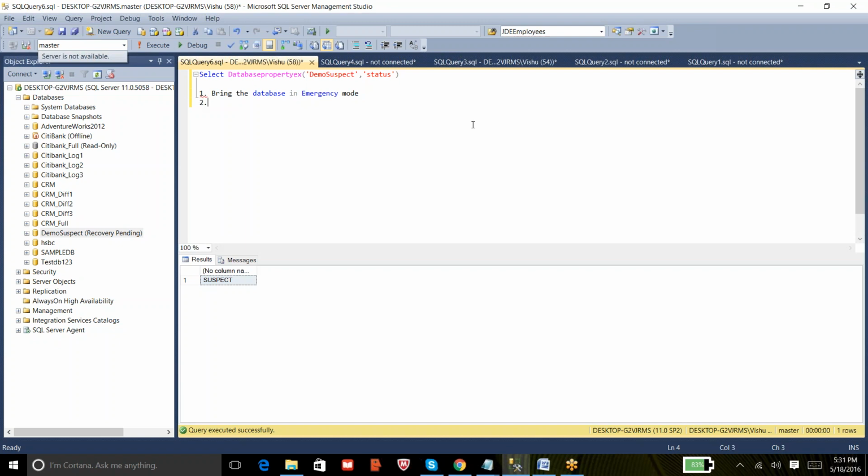The next step is to bring the database into single user mode, because we are trying to troubleshoot the database and resolve the corruption. When we run the repair command, we don't want any other users connecting to this database. So there is a reason we need to bring it into single user mode, and then after,